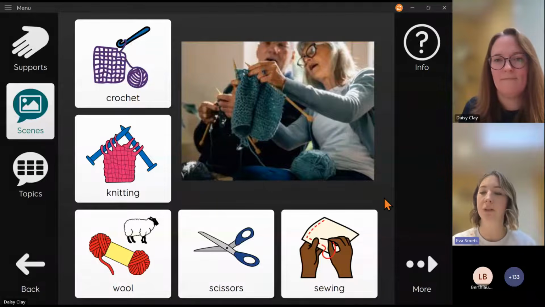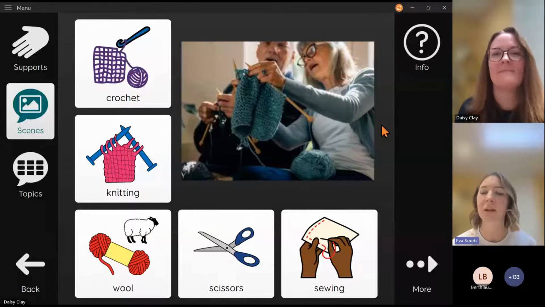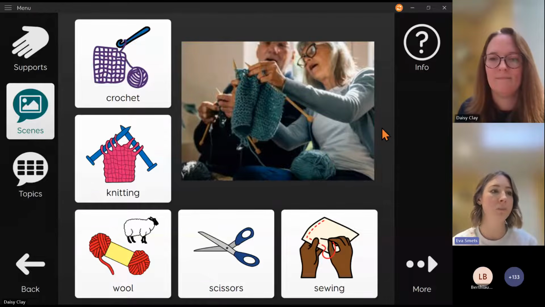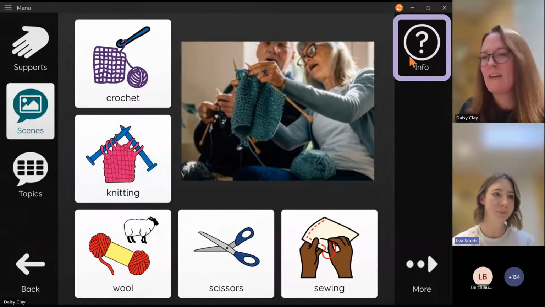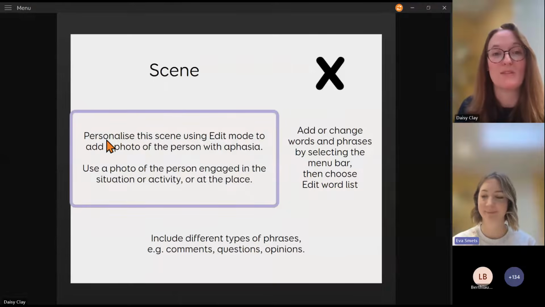So at the moment, we've included relevant photographs, because we appreciate that you are not always able to personalise it before you want to talk about these situations, particularly if it's things like going to the doctors or going to the opticians. You might not be able to source that photograph before you're having those important conversations. But yeah, we are really encouraging people to be personalising these photographs so that they're going to be more meaningful and useful for them. And in fact, if you go to the info grid for visual scenes, you will see lots and lots of prompts to personalise this scene using a photo of the person with aphasia, because we know that that is what is most helpful.